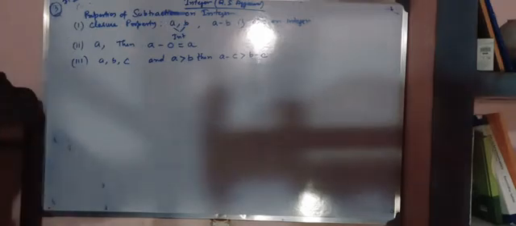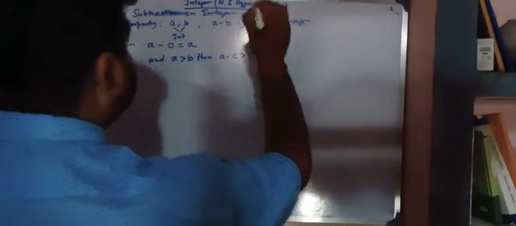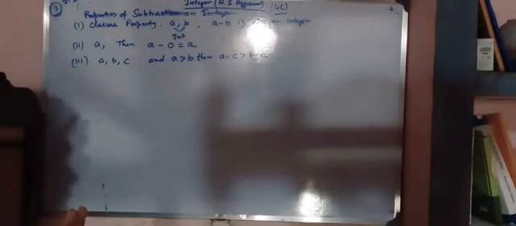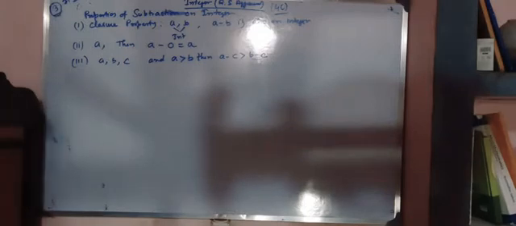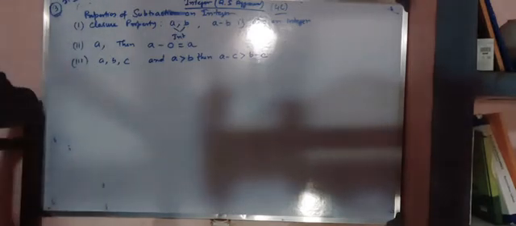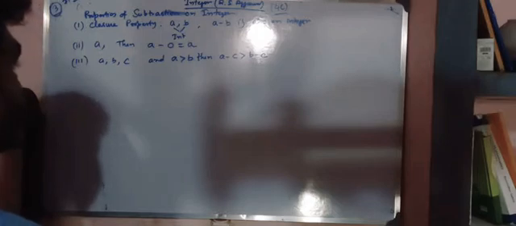Next, move to the exercise. Exercise 4C is given. This exercise is our classwork today. Okay, exercise 4C is our classwork or homework, whatever you say. I will give you the task from exercise 4C. You should try it at home, and if you have any problem, then ask me. Okay, I will help you.